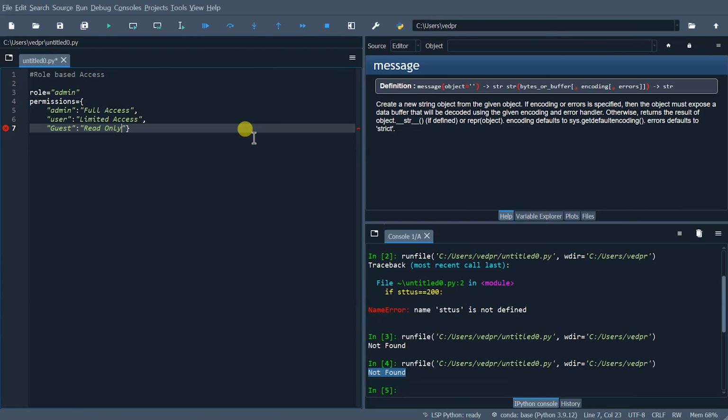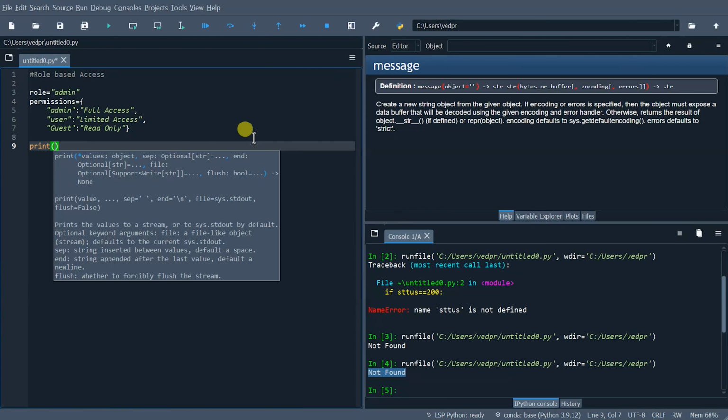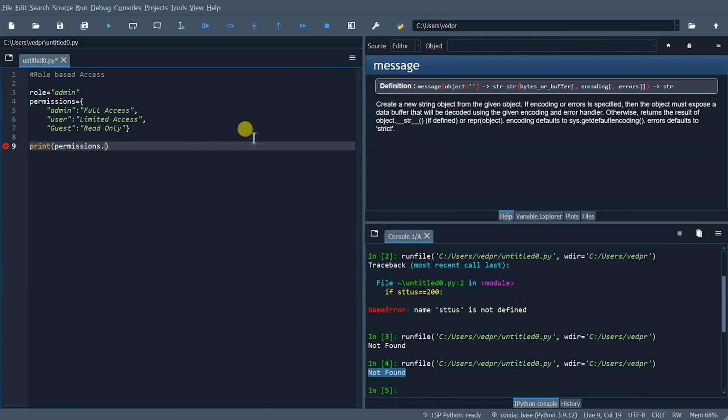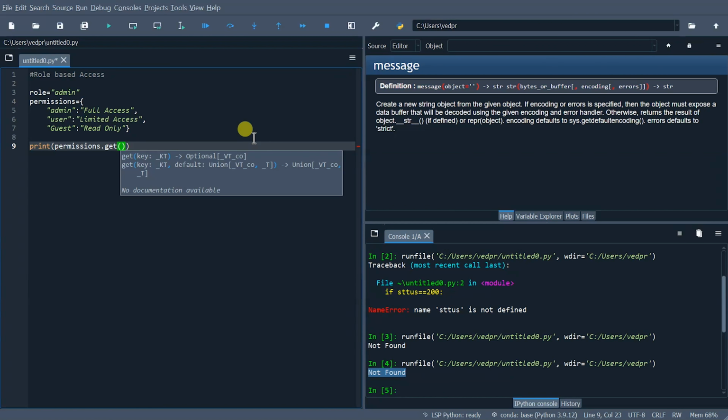Okay, and then we can just print permissions dot get role comma